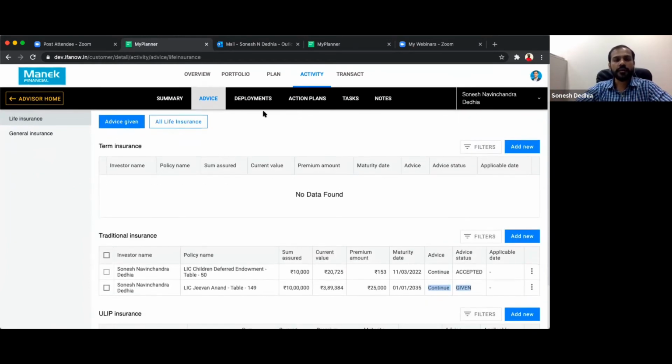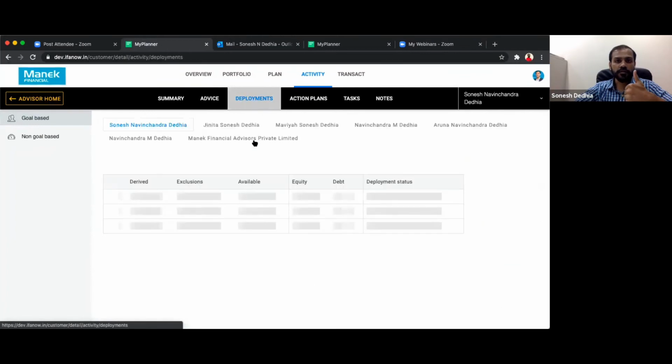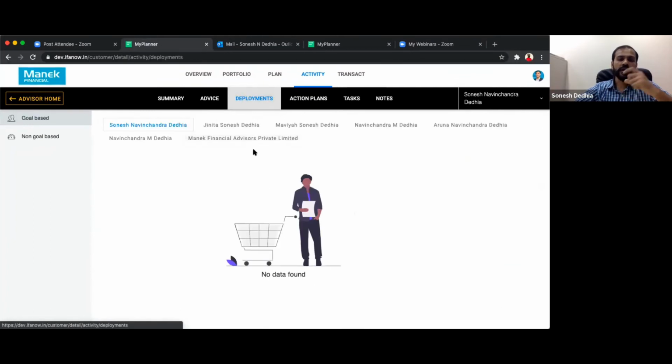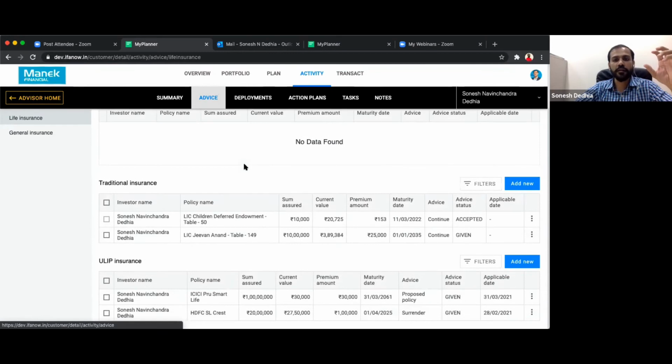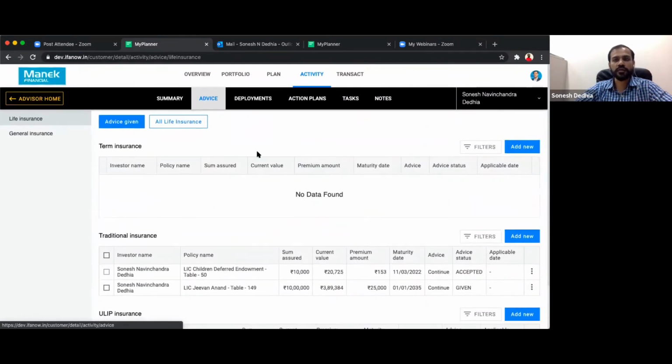And here, also, one more thing that will happen is in the case of deployments, you'll see a section of deployments where, suppose you have already given an advice on fixed deposit, but you have asked the customer to continue that fixed deposit, that particular fixed deposit, whenever it is maturing, so suppose it is maturing after 1 year, will come and park here for you to actually deploy. So you need to just check here, that particular fixed deposit will reflect here, and you need to give an advice on that now, where do you want the fixed deposit to be reinvested. So that is how the whole loop of this consent mechanism will come across, and that is where you will be able to advise the customers.